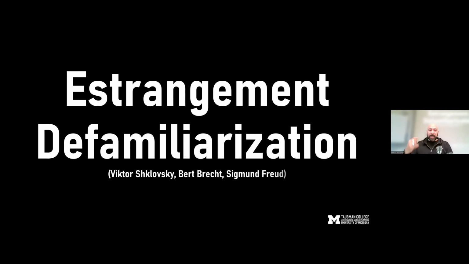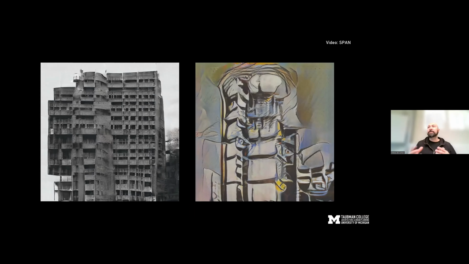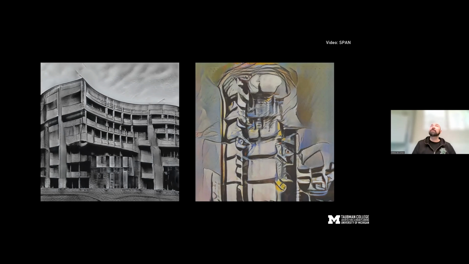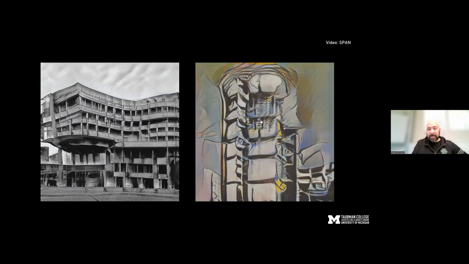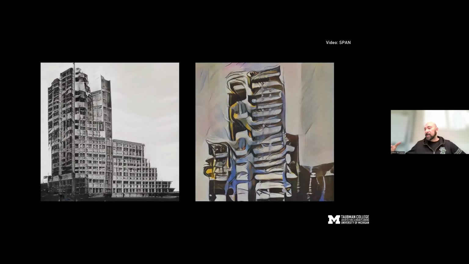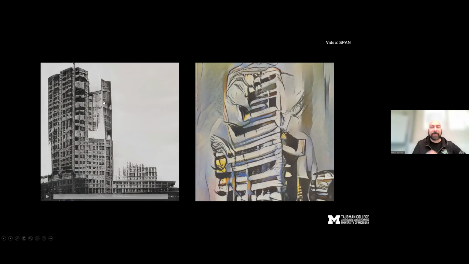So I already started at the beginning to talk about estrangement and defamiliarization as categories of interrogation in this idea of design. That is based on the works, for example, of Viktor Shklovsky, Bertolt Brecht, Sigmund Freud, and others. So what is estrangement, or ostranenie, as Viktor Shklovsky described it in his paper in 1917? I forgot right now the name of the paper, but it already came out in 1917. So basically, the idea behind it is that you take everyday objects and put them in some strange context, or there's enough abstraction in them to evoke attention.